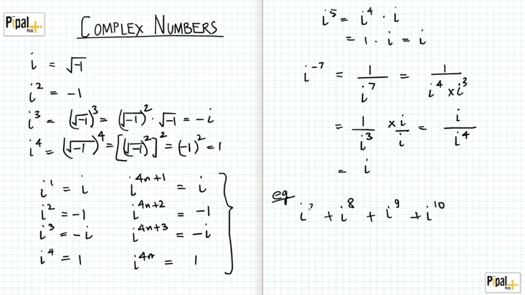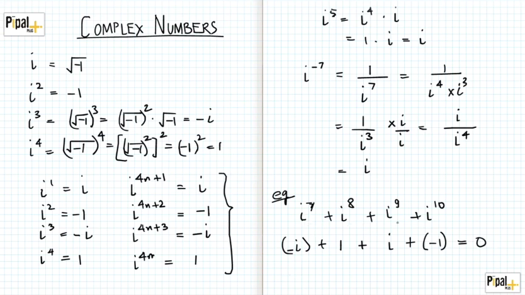Now iota to the power 7, right, is going to be equal to iota to the power 4n plus 3, which is equal to minus iota, right? Iota to the power 8 is of the form iota to the power 4n, and we'll get 1 here. Iota to the power 9 is equivalent to this form 4n plus 1, so we get iota, and iota to the power 10 will be 4n plus 2 form, which will give us minus 1. Now when we add up the negative iota and the positive iota, they cancel each other. The plus 1 and the minus 1, they cancel each other, and we get 0, which gives us the result that if we add